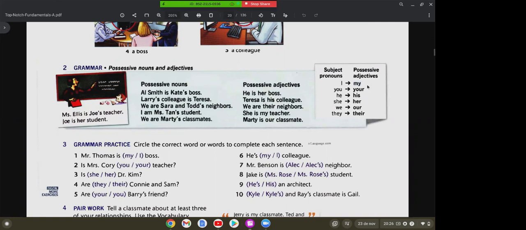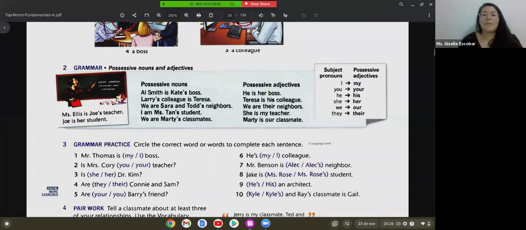My. My teacher, my students, my cars, my shoes. Okay, mis zapatos, mis tenis, mis carros, right? Okay, so I, my,